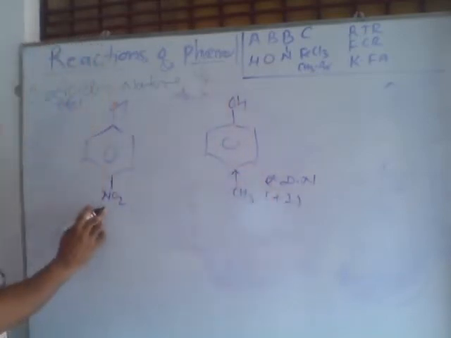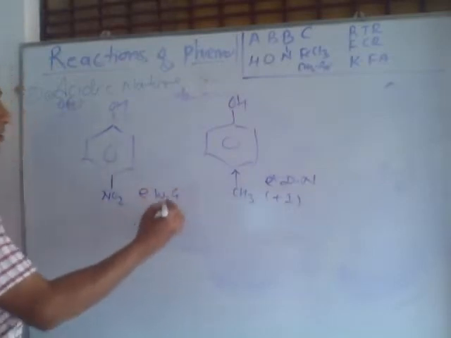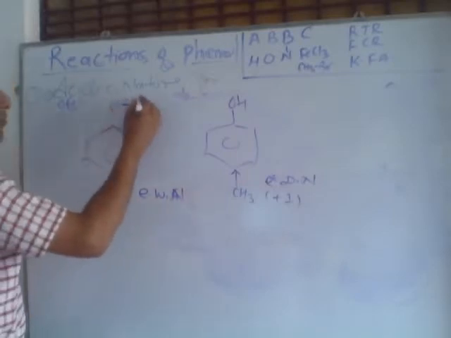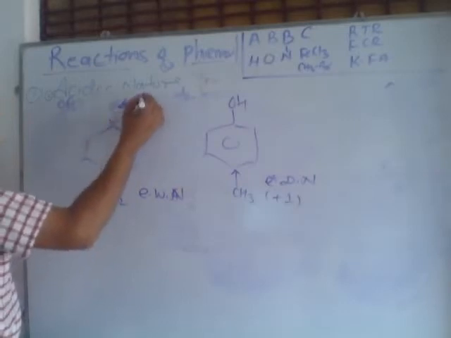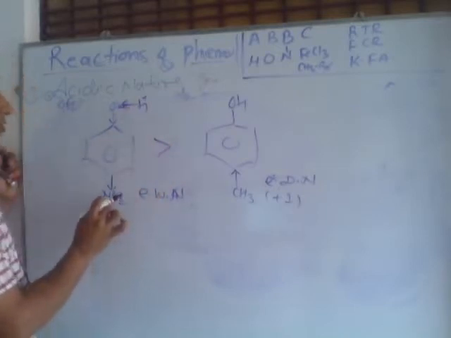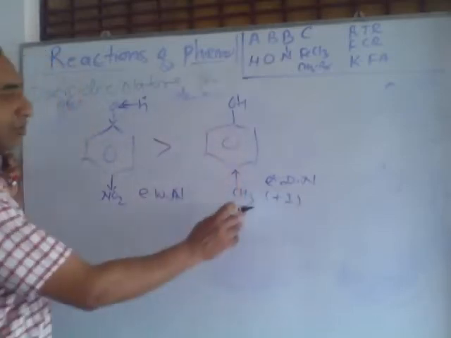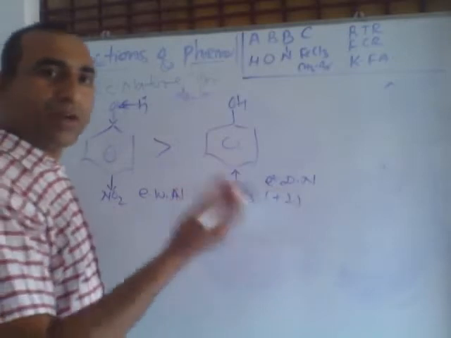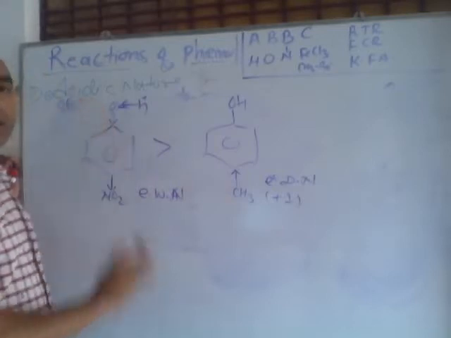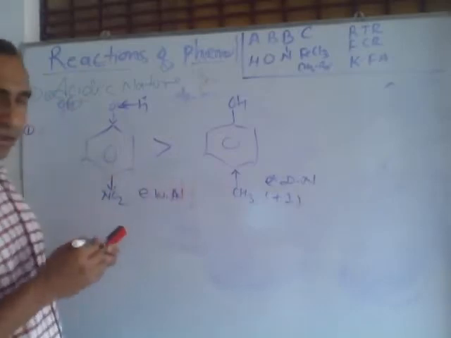If a nitro group is connected on the para position, the nature of nitro is an electron withdrawing group. Electron withdrawing nature means it attracts electrons of the ring, and the ring attracts electrons of oxygen. Oxygen attracts electrons of hydrogen and hydrogen is removed. It means that para nitrophenol is more acidic than para methyl phenol due to their electron donating or electron attracting nature. It means that electron withdrawing groups increase the acidic strength of phenol. So first is the nature of the group, which type of group is present.